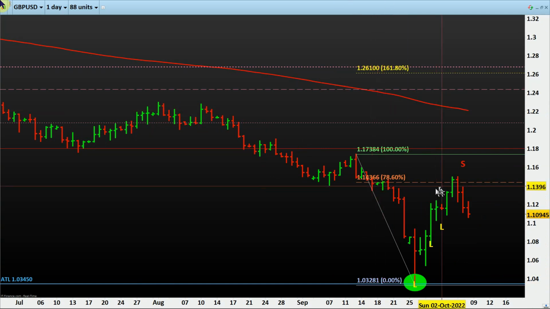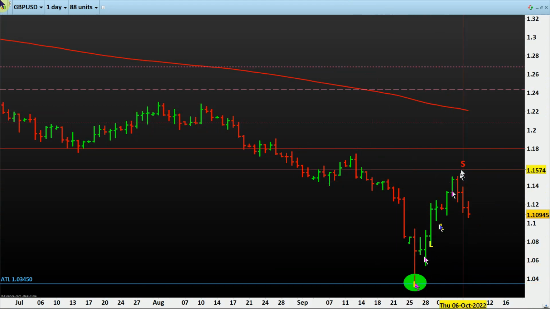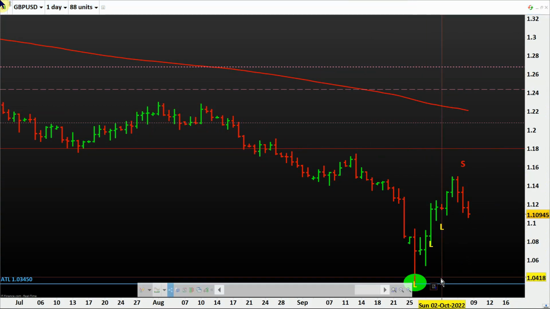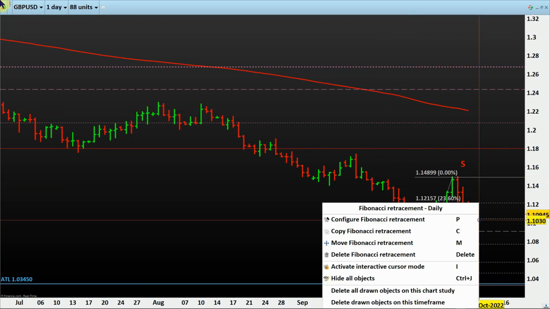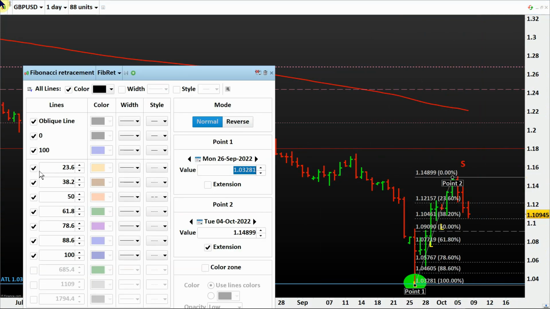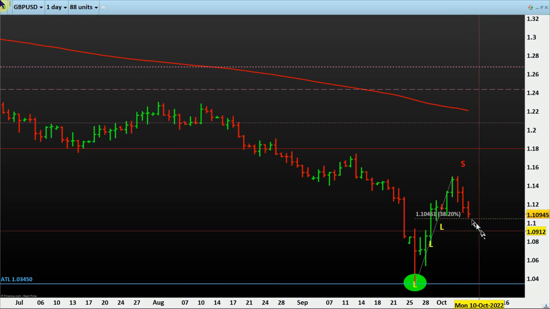If you have understood this Fibonacci, then possibly I'll delete this. Now I will consider this as one, and then retracement, and then possibly go up. So I'll draw a Fibonacci from here to here, and then wait for the retracement to at least come to 23. I'll only keep 38, because Fibonacci is dynamic, and then wait for any reversal up to 38. If it is crossing the 38, then I'll bring the 50 and then take this out.